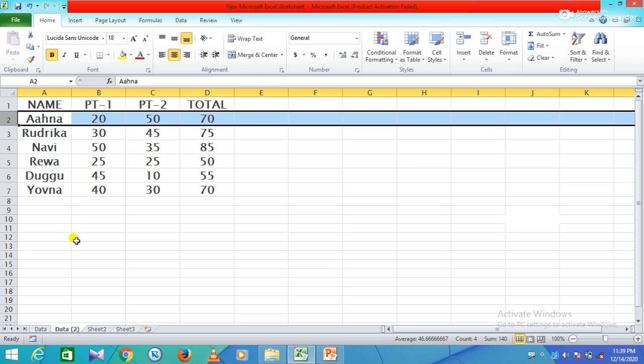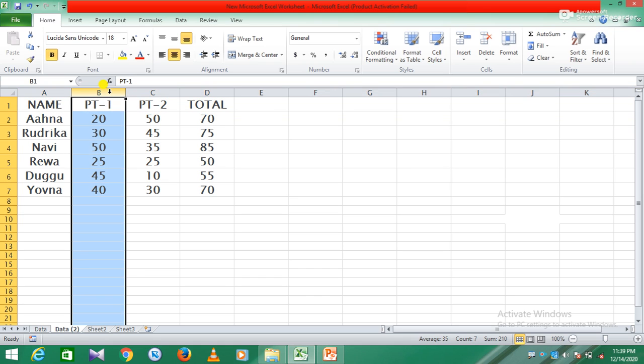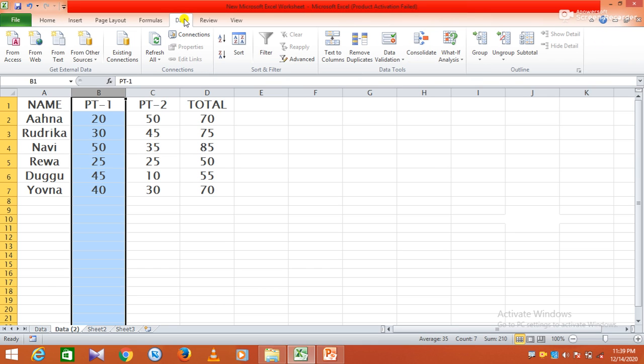Step number 1. First of all, highlight the column in which you want to apply the filter. Then from the Data tab, under the Sort and Filter option, choose Filter.